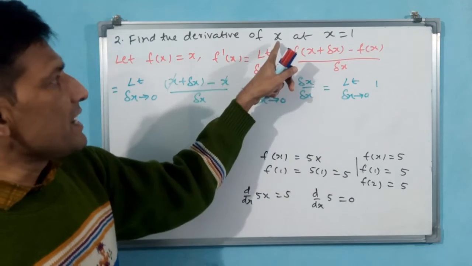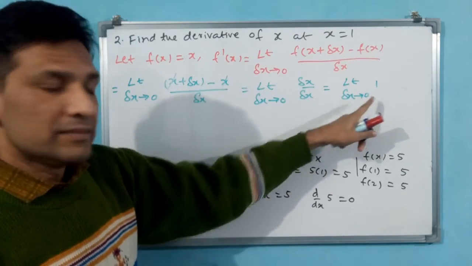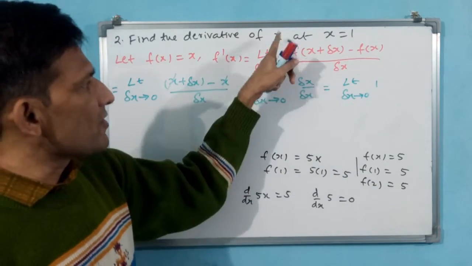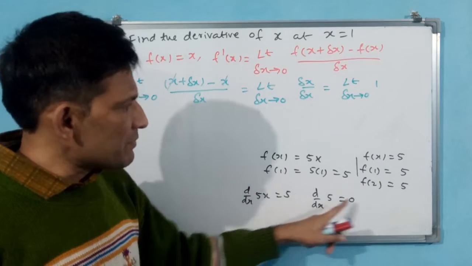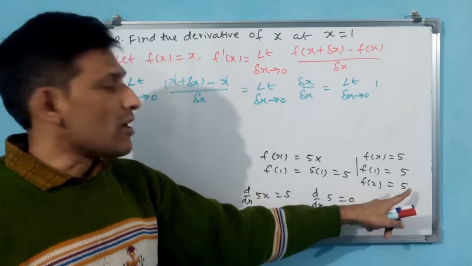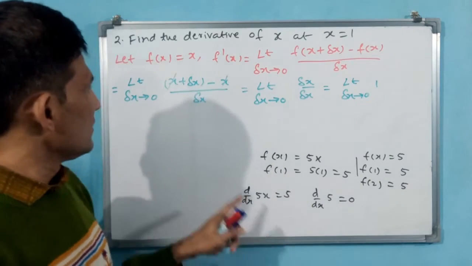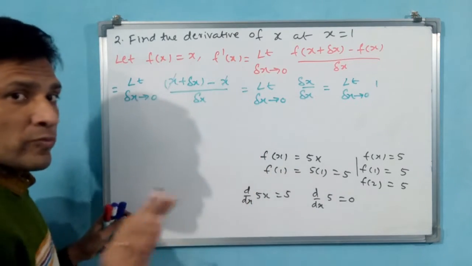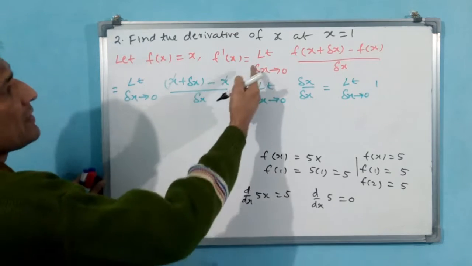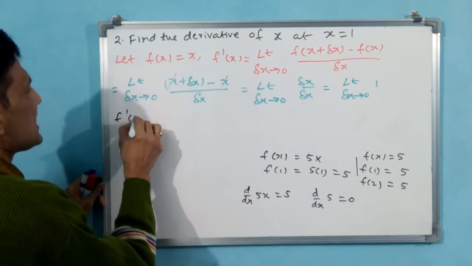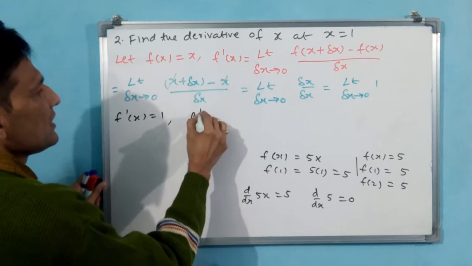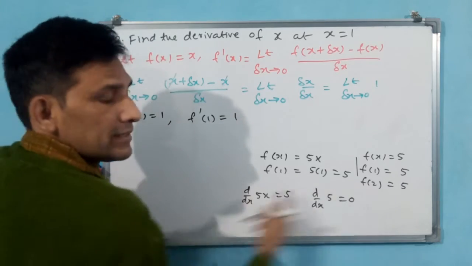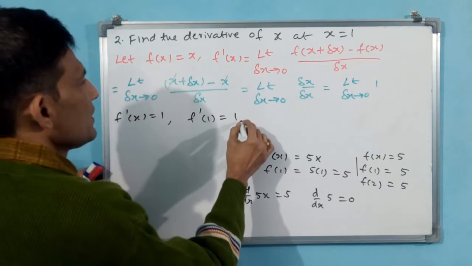But the process here is, derivative of x is 1. Not derivative of 1. One time we have done derivative of x as 1. Then afterwards it has become a constant function. A constant function is not going to change. It will be like this only. That means the answer will come 1. But how to write it? Another step: this is f dash x. You write like this: f dash x is equal to 1, comma, f dash 1 is also 1. This is the first step.